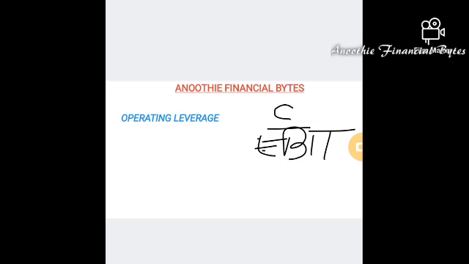So it is basically told by the degree of operating leverage. Operating leverage tells you about the margin of safety that an investor will have. After this,